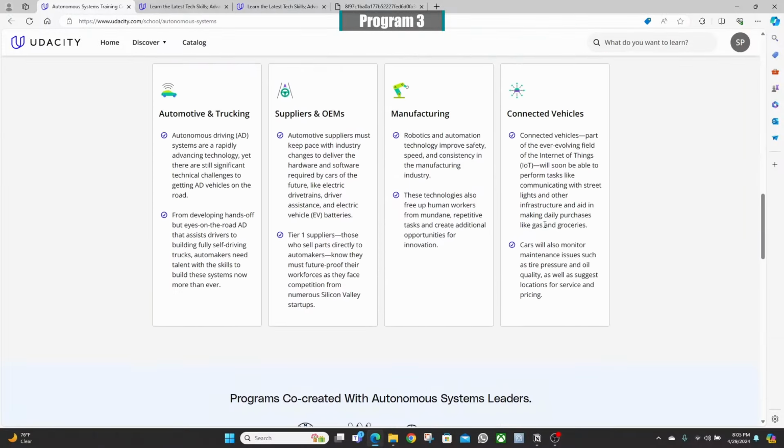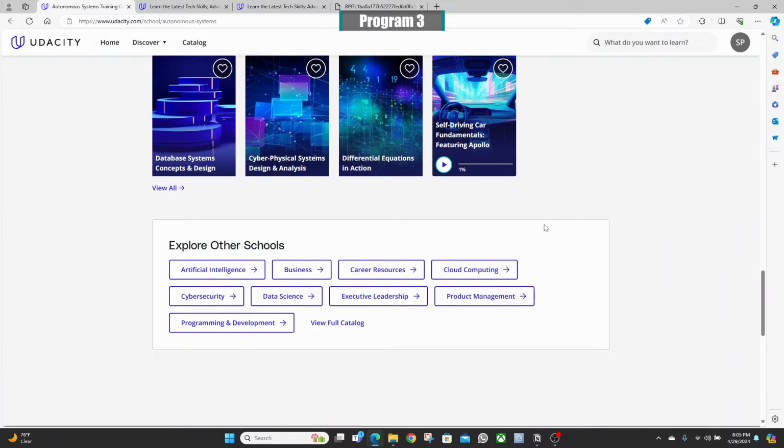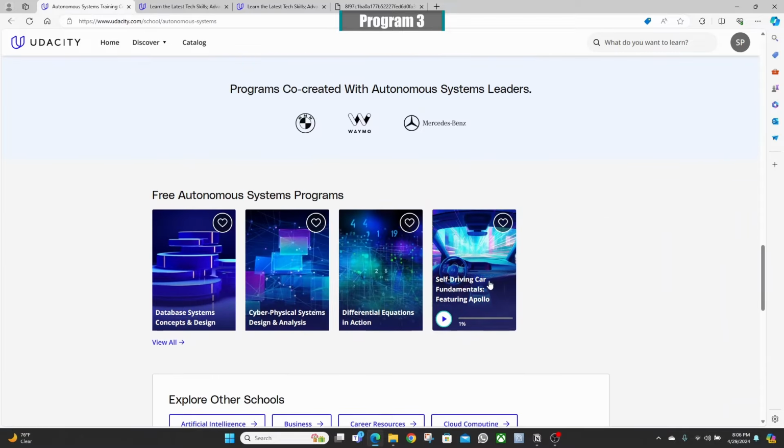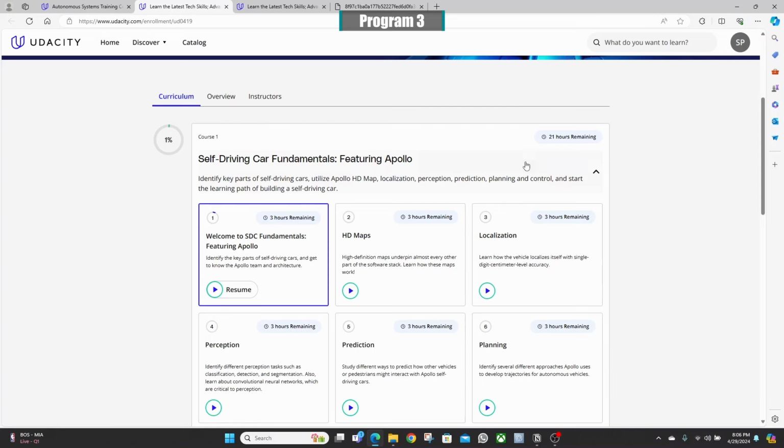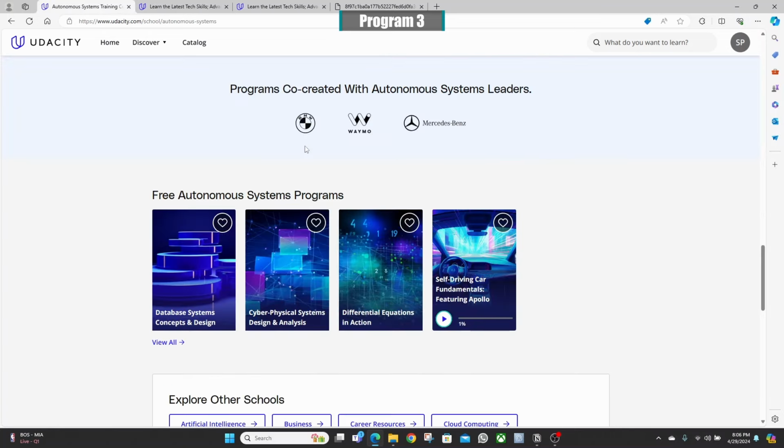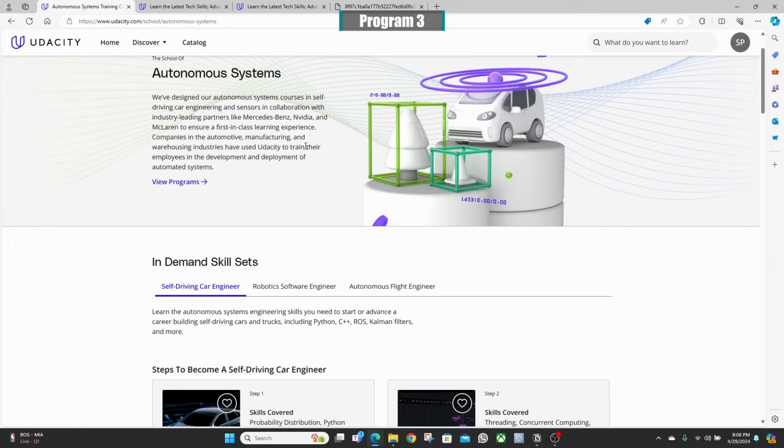If you scroll down a little bit, they also offer a free course on self-driving cars, and this course is called Self-Driving Car Fundamentals. It's just a simple course and it will take you somewhere close to 21 hours to complete. So if you go back to the School of Autonomous Systems and then go to Robotics Software Engineer,